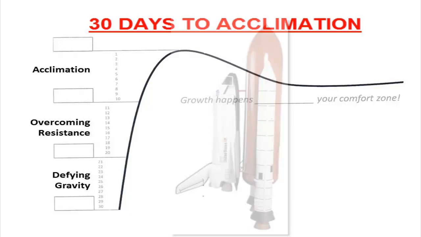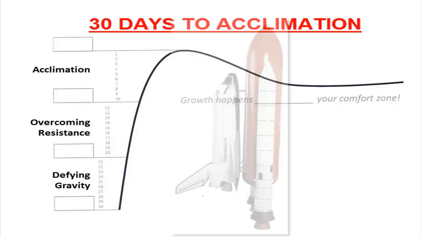The last part of this video will explain how the Flash application is used to track their 7 different action items for each individual goal. And they'll be able to move the sliders over like you saw in earlier videos. It may be that I have it programmed where they could track that every single day in the 30-day period, and it would correspond to these 3 sections of defying gravity, overcoming resistance, and acclimation. If they did that, they could see how well they adhere to all 7 things in each of those categories.